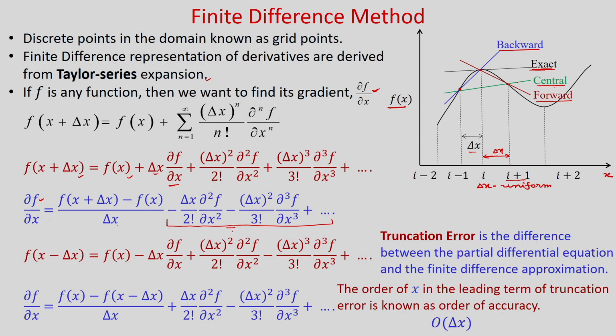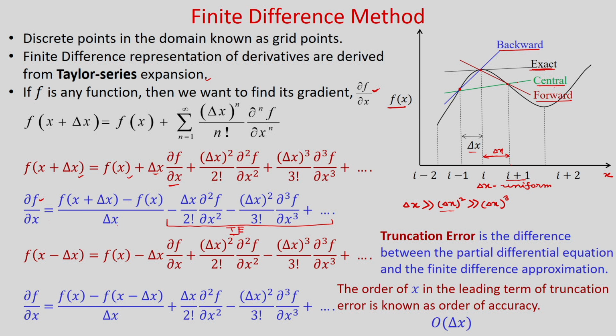So, if delta x is very small, then delta x will be larger than delta x square, and delta x cube will be much smaller than delta x square. So, anyway you can neglect the higher order terms, and whatever you are neglecting is your